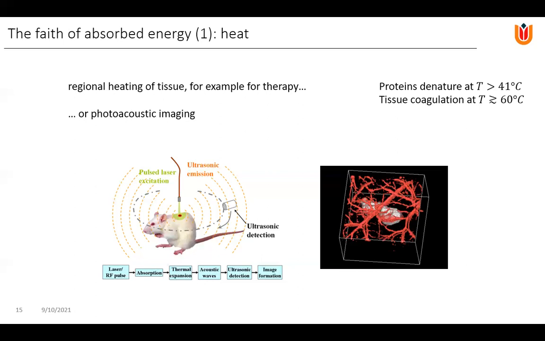A really aggressive tumor really does not care about this, and grows in a very sloppy way of